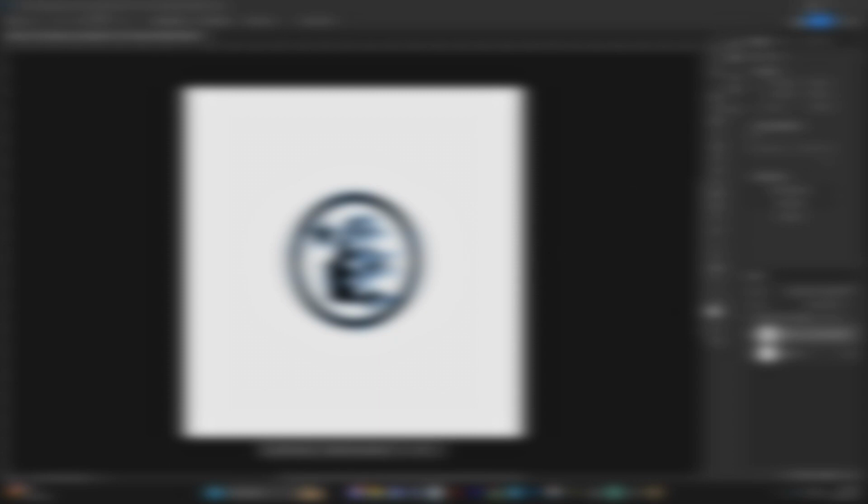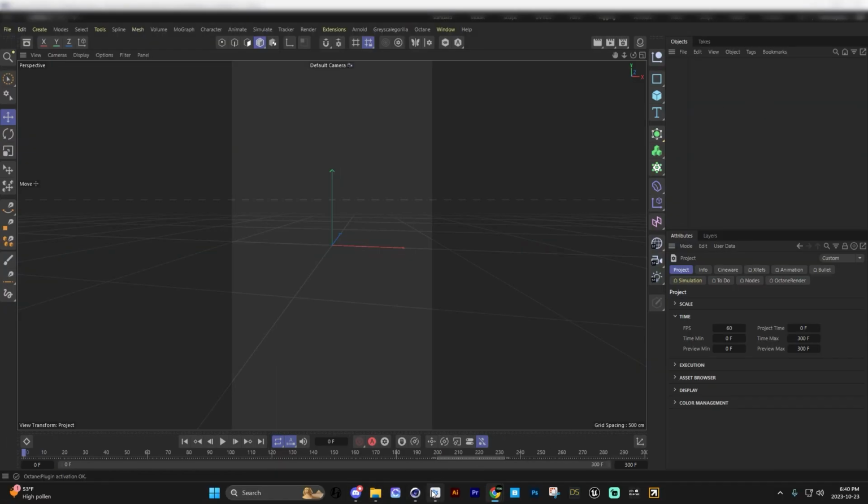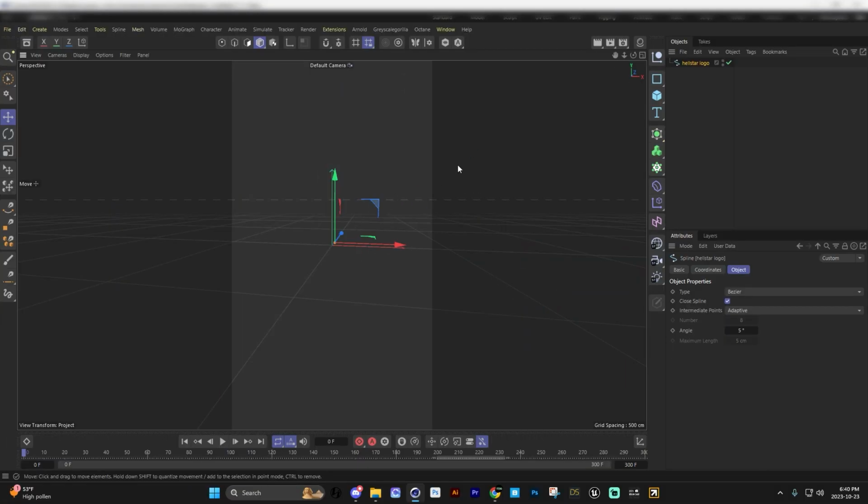We're gonna make a new folder called Hellstar Logo Tut, even though it's not a tutorial. Hellstar Logo. So once we got that, very simple. Now we can close Photoshop and go right back into Cinema 4D. And then we just want to drag and drop that file that we just saved. So we drop the file in, sorry.